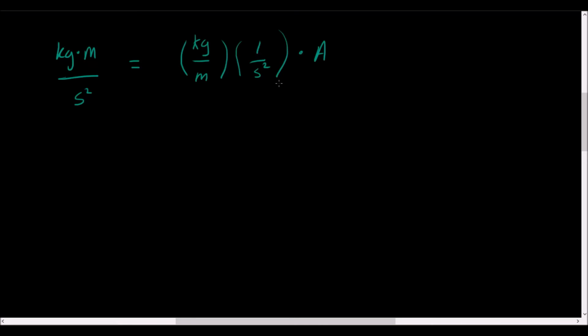Whenever you have an equation like this and you see the same thing on both sides, and you don't have other terms like plus something, then you can just cancel them out. For example, this 1 over second squared, and this is still technically 1 over second squared. If I were to multiply the entire thing by second squared, it would cancel this second squared as well as this one on this side. So I would just be left with